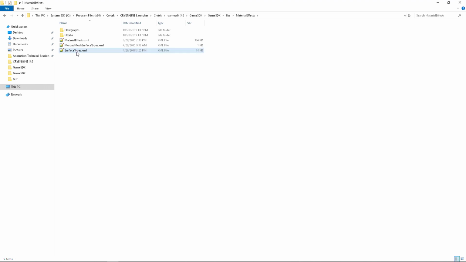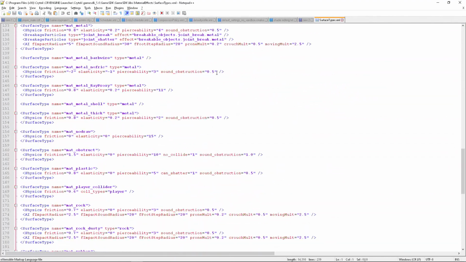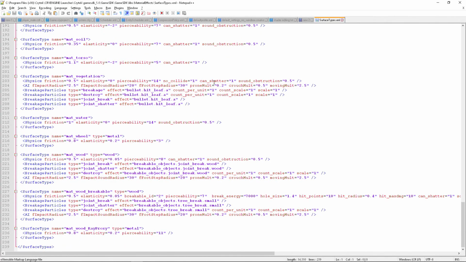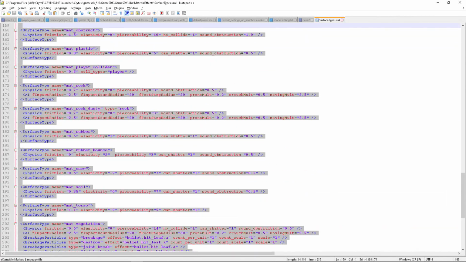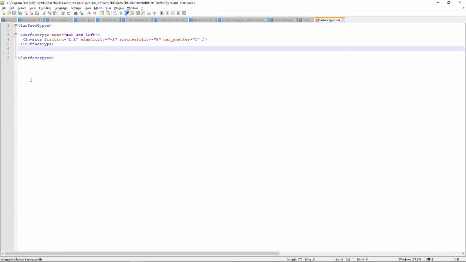I would recommend, when you copy it from the game SDK, it has a lot of surface types. So ideally you would delete everything except one and then start from scratch and only introduce the surface types that you need. It's not a big performance impact if you have many. It's just way harder to maintain. It gets to be a real pain to maintain if you have a lot of different material types, because essentially